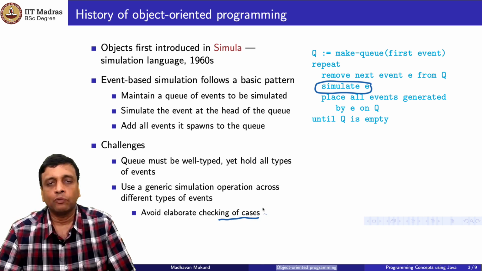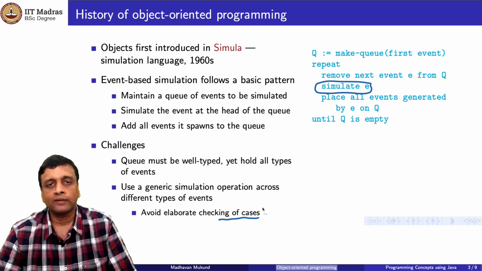If E is of type E1, do this; if E is of type E2, do that, and so on. But this would be very tedious to program and very tedious to keep track of in our code. Suppose we add a new type of event; we will have to change our code to add one more case. So what we would like is that each event, as an abstract data type of itself,